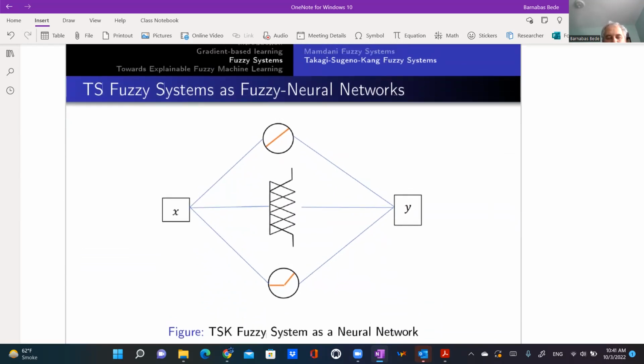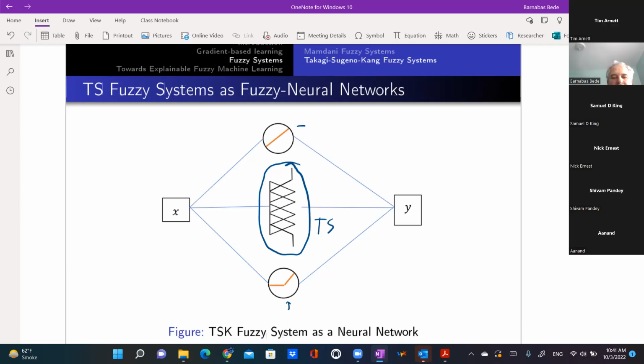Recently, I have also obtained a connection between Takagi-Sugeno fuzzy systems and neural networks in general. So any neural network, basically, let's say a one-layer network, can be described as a combination with a Takagi-Sugeno system in the middle. This is a TS fuzzy system, and there is a ReLU activation based output here, and the linear part in